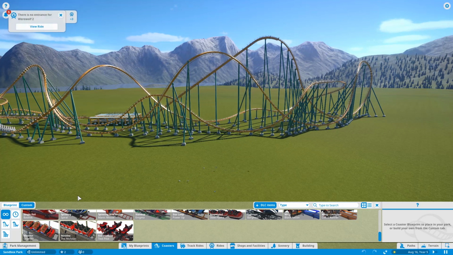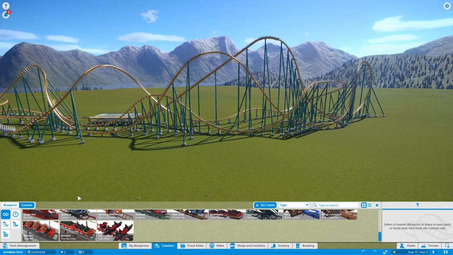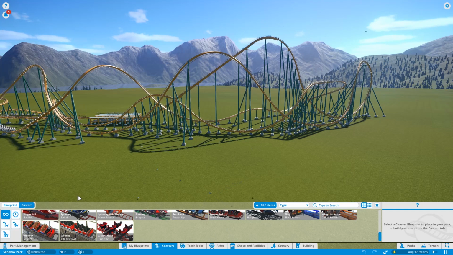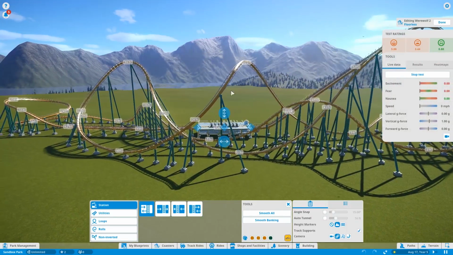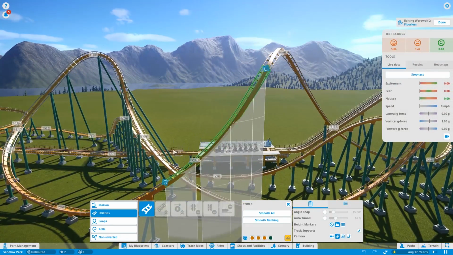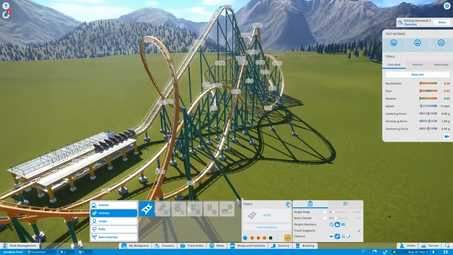All right, so now to get on with how I calculated these values. Most people are probably confused, like, did you take a random guess? Actually, I did a lot of messing around with something called FVD++, which I mentioned earlier. FVD++, for anyone that doesn't know, is a physics model program for roller coaster building. In Planet Coaster, if I want to mess with the track, I just grab this, move it around, make it how I want, change the roll if I want, that kind of thing. When it comes to FVD++,